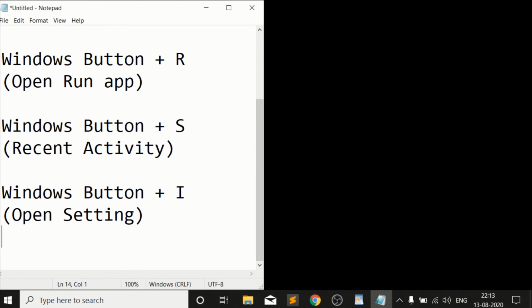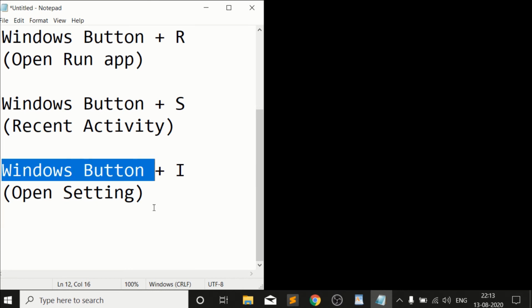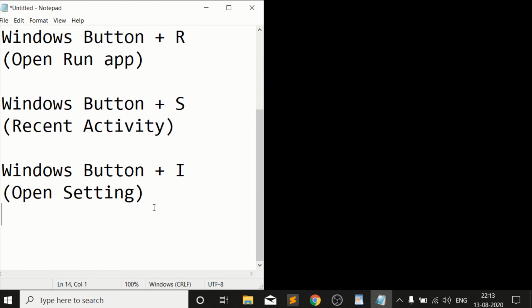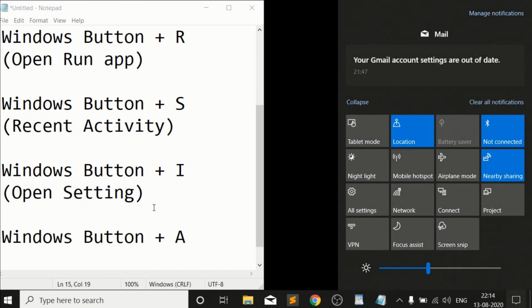The next thing we can try is Windows plus A. What can Windows plus A do? Let's try and see what happens. Windows A gives us a bar on the right side. It gives us all the notifications.